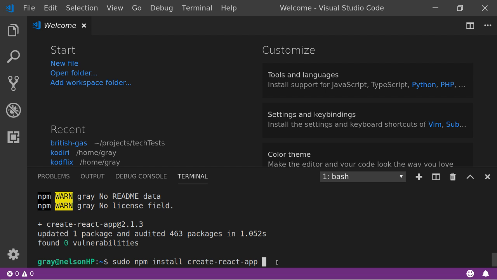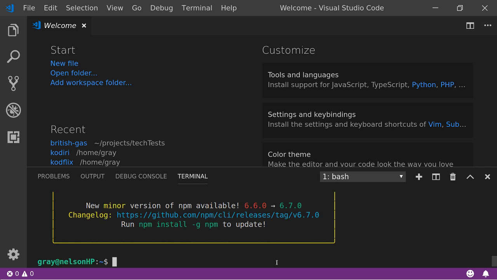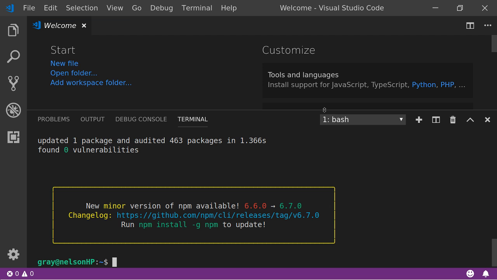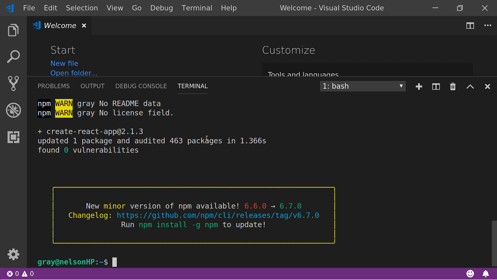So when you run sudo npm install create react app, it should prompt you for your password if needed. So that's your user password for your machine, whatever your login is. If you're on Windows, it might not ask you. It should have just installed. It should give you a message saying a certain number of packages installed, something like that. Say again?